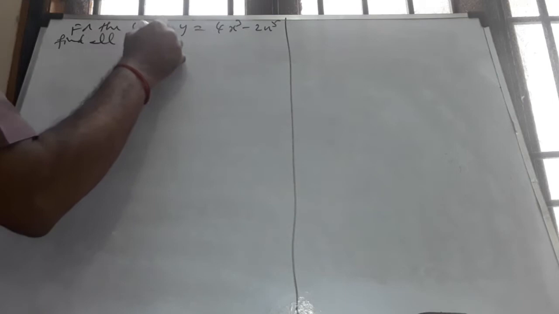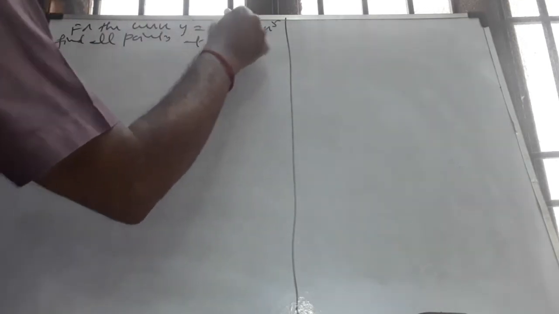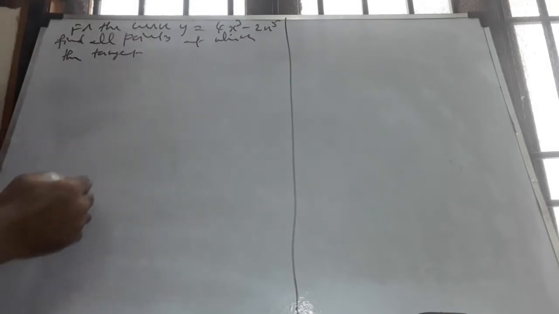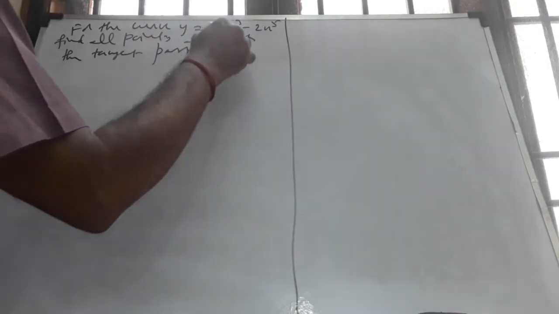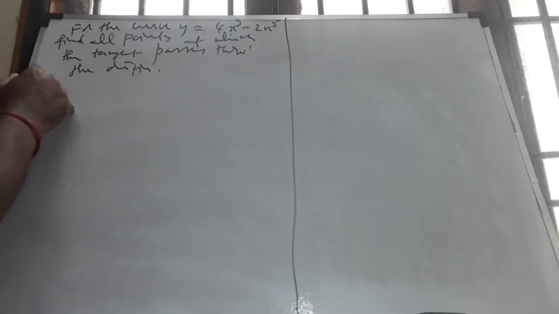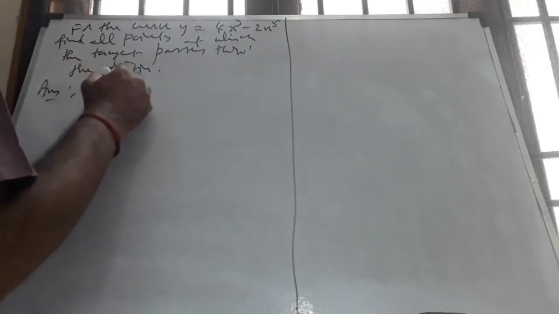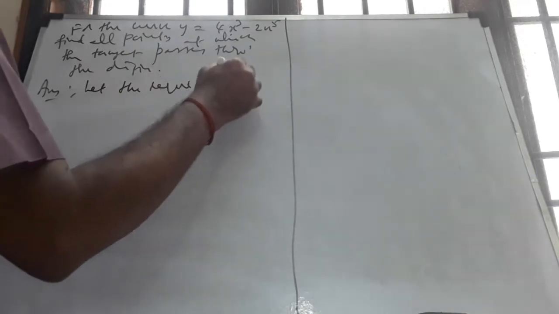Find all points at which the tangent passes through the origin. Okay, this is again a nice problem. Now, as in the previous case, let the required point be